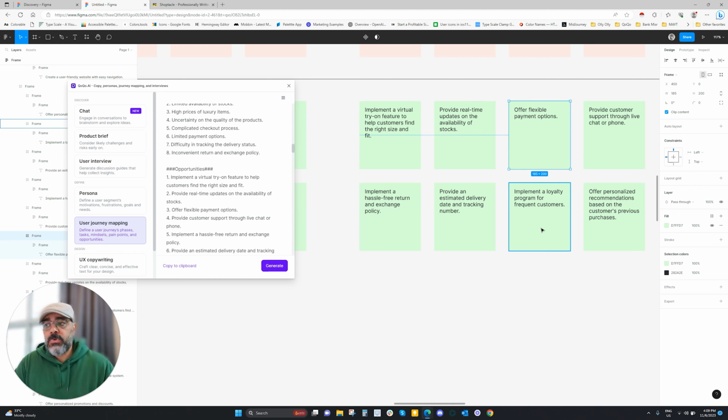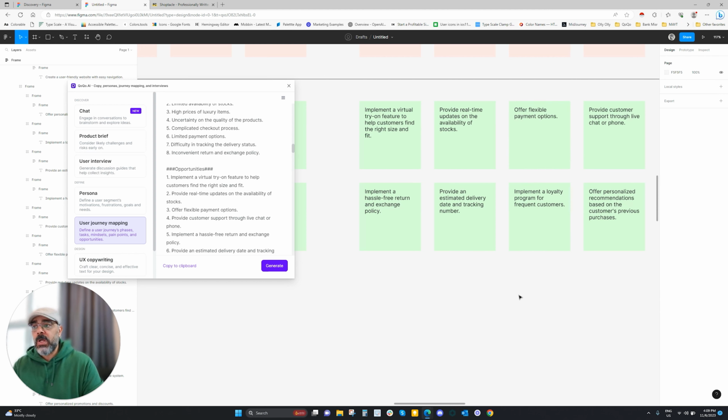Same for a loyalty program. Okay, how would we do that? How do we count points, how do we implement that in our product, and so on. So that's a good example of how AI could enrich our